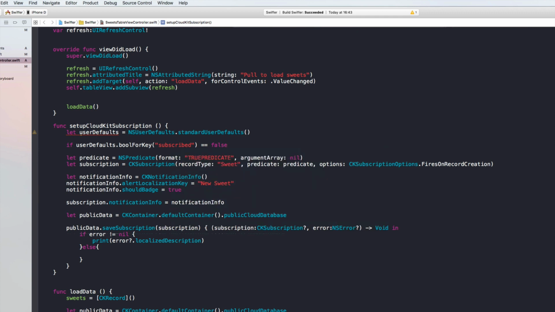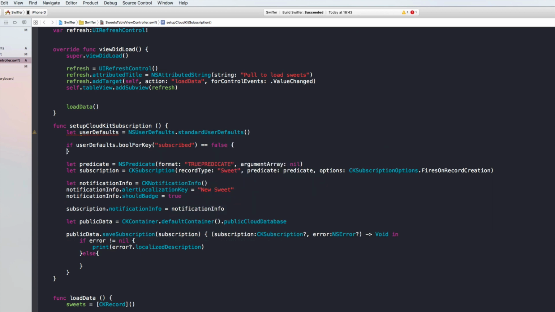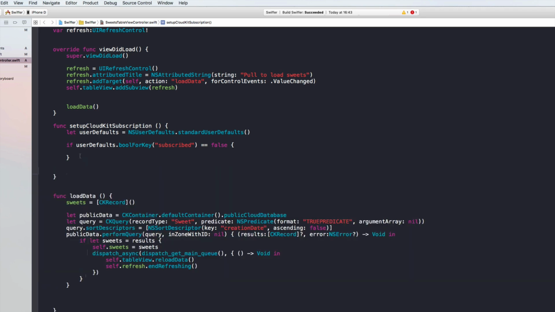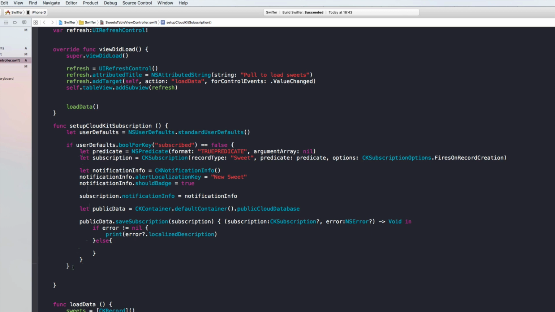And we will simply ask if we did not subscribe, then we want to perform this setup. So let me just cut this and paste it here. And in any other case, we need to do nothing. And to make sure that this is going to be set to true, what we want to do here in